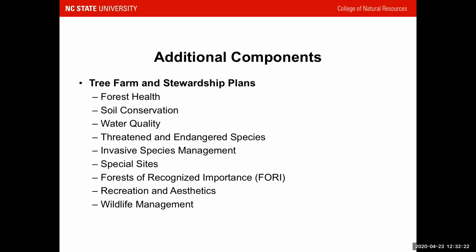You know, and you also need to talk about soil conservation, some of the ways that you're going to manage for soil conservation, water quality, how you're going to manage for water quality. There also needs to be a statement in the plan about threatened and endangered species. You know, if you've done an assessment of those on your property, if there is T&E species on the property, how you're going to manage for those, because there are special considerations and requirements for managing for T&E species.